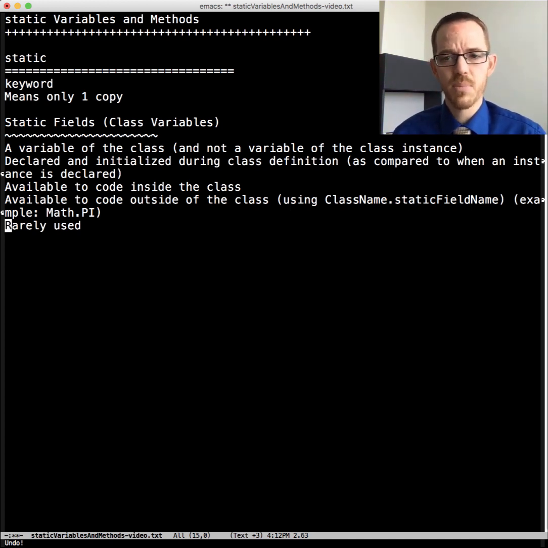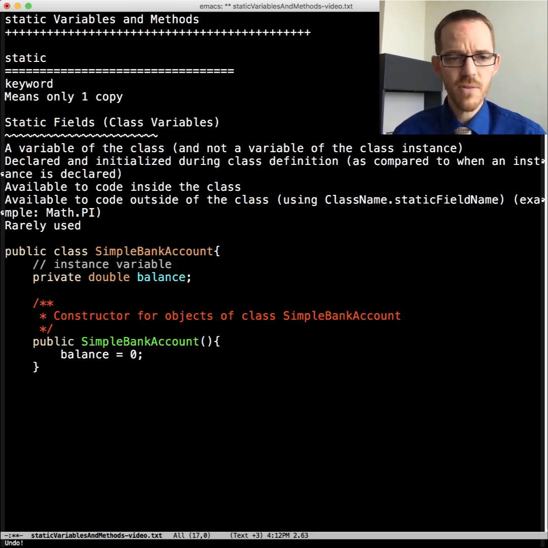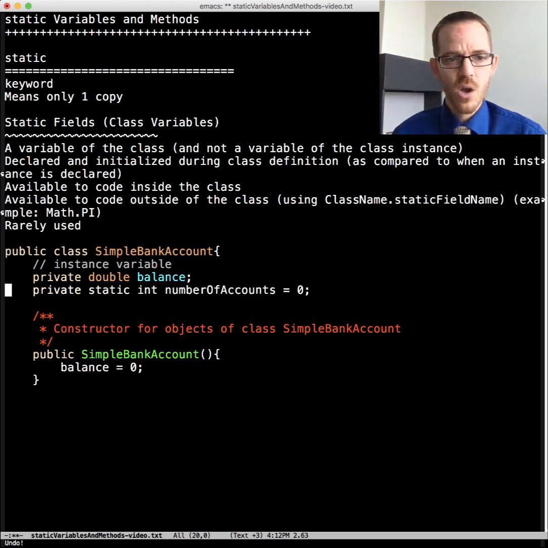So let's see an example of this. If we felt like we were going to use this, we had some simple bank account here, and we had our balance, which is an instance variable, and we have our constructor that initializes it. Well, we could put in a variable that is a class variable, so it's going to be independent of all of the instantiations of it, and it'll be one per class.